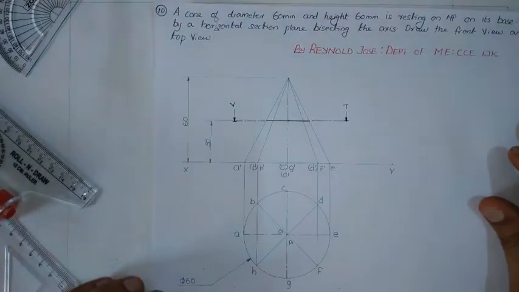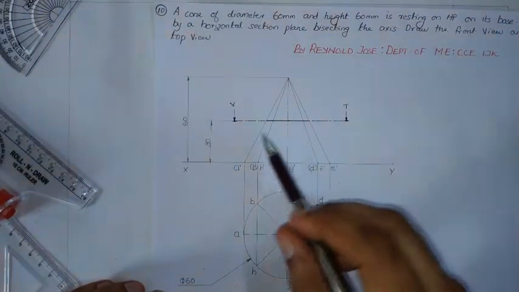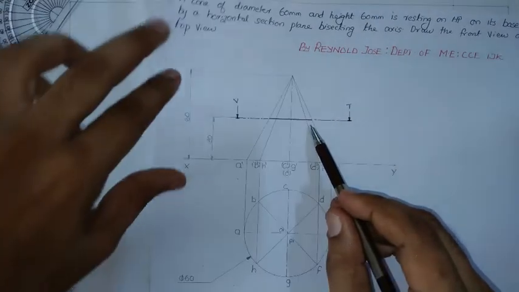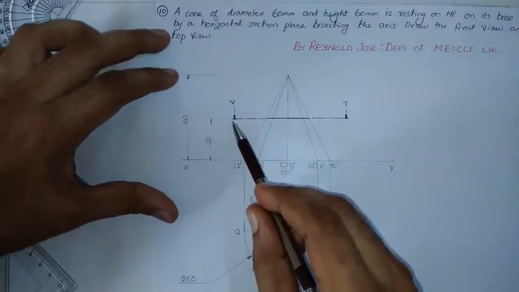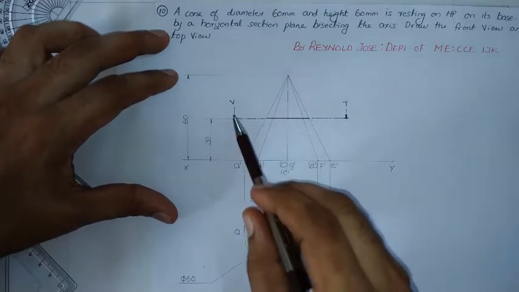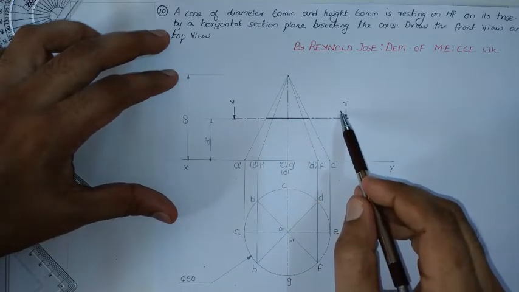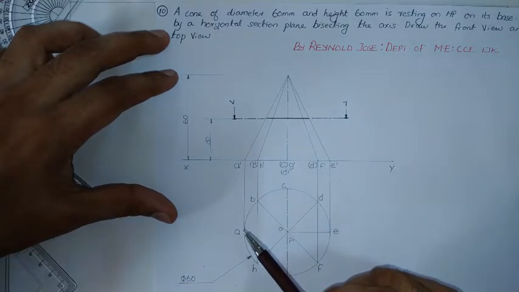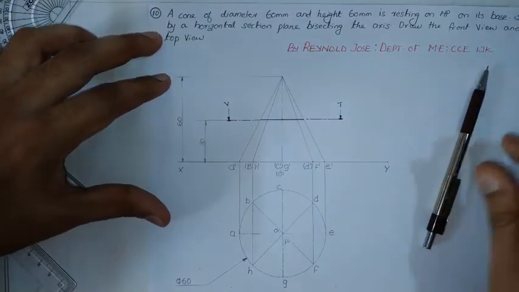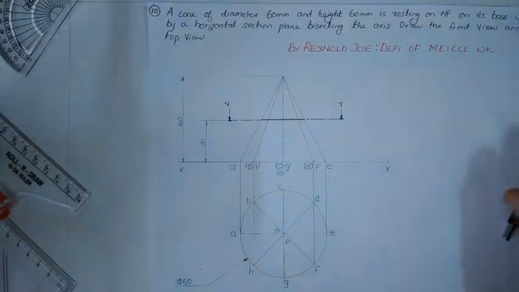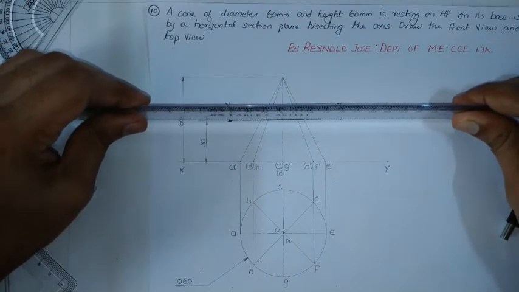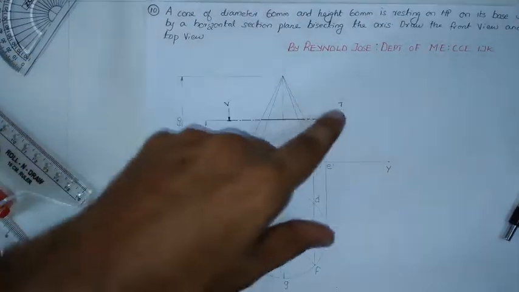So we have located the section plane. So in the front view, it is a continuous thick line inside the solid. It is a chain line outside the solid. The ends are thickened and I have written it as VT. VT means vertical trace. As this is a horizontal section plane, it will be perpendicular to VP. So when it is cutting the solid, definitely it will be having a trace with respect to the vertical plane. So that is why I have written it as VT.